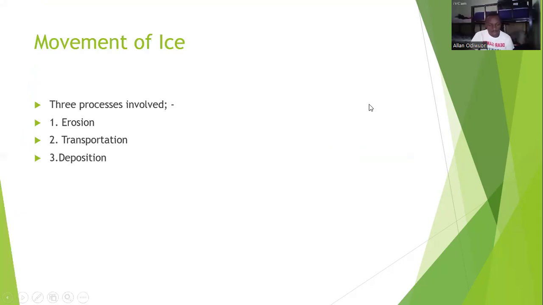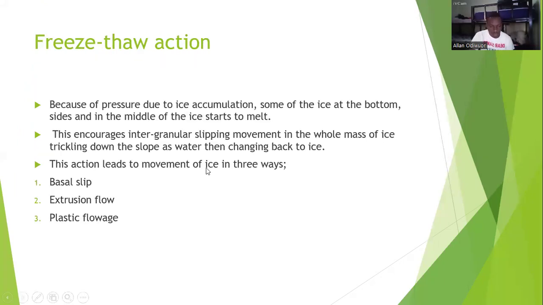So we have three processes involved in ice movement. One is erosion, transportation, and deposition. So under erosion, we are going to look at freeze-thaw action first before we go to erosion. So freeze-thaw action